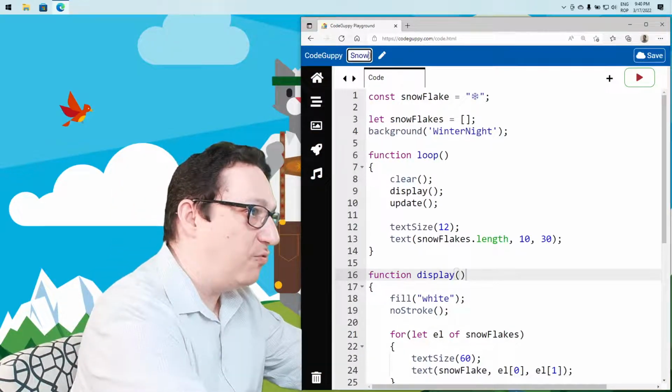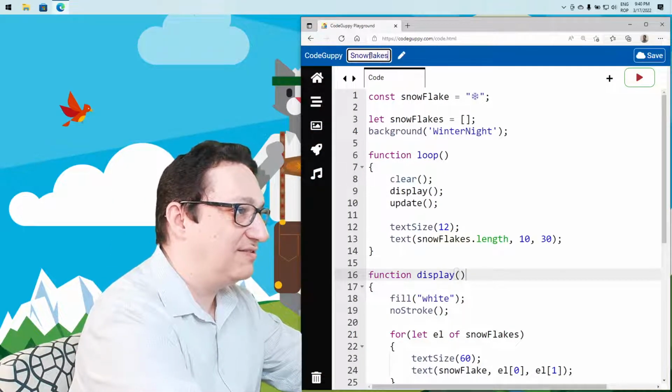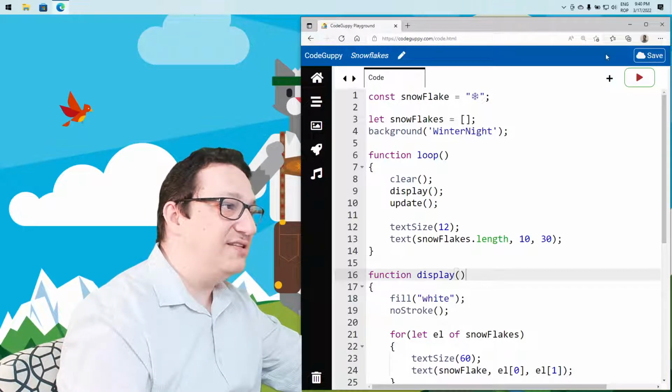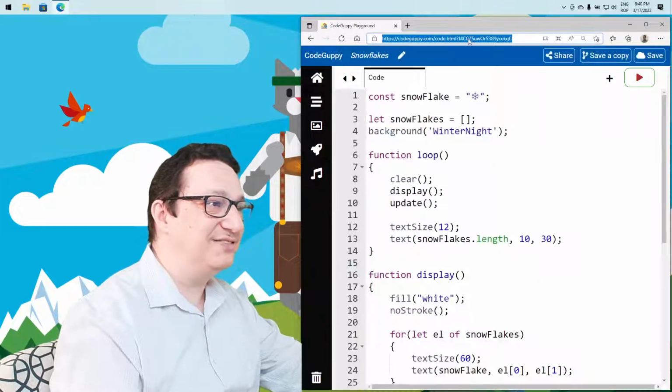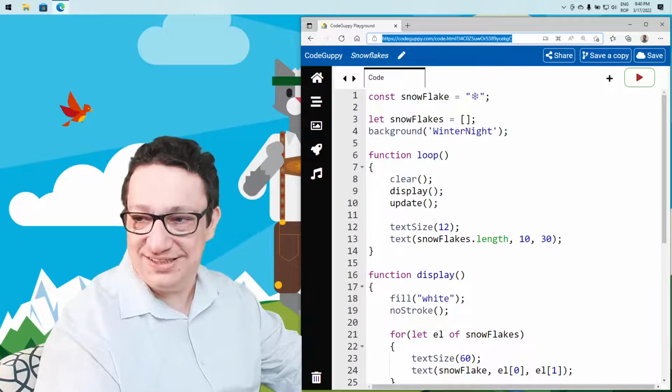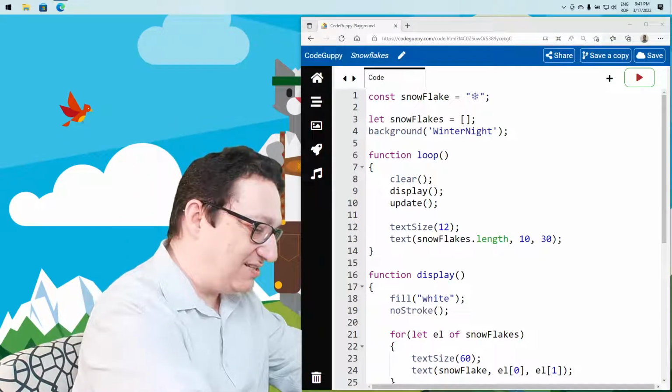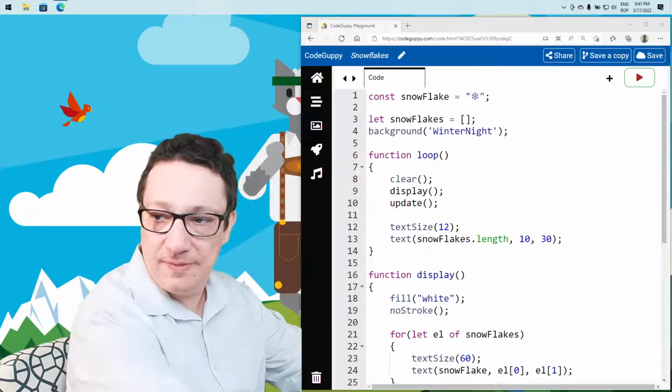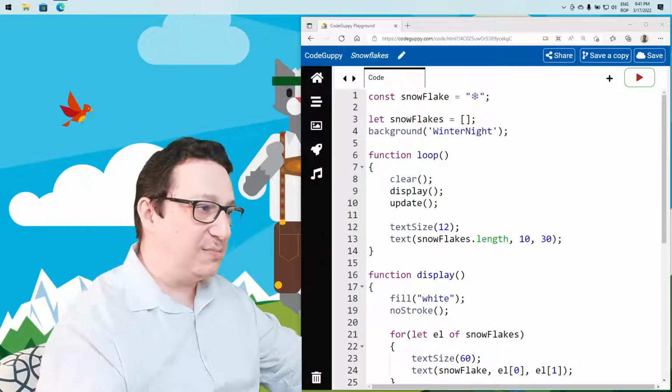It's named Snowflakes. I'll save it. I wrote all this code and it didn't save. I risked it, but it's not good. Snowflakes. The program is on the chat,